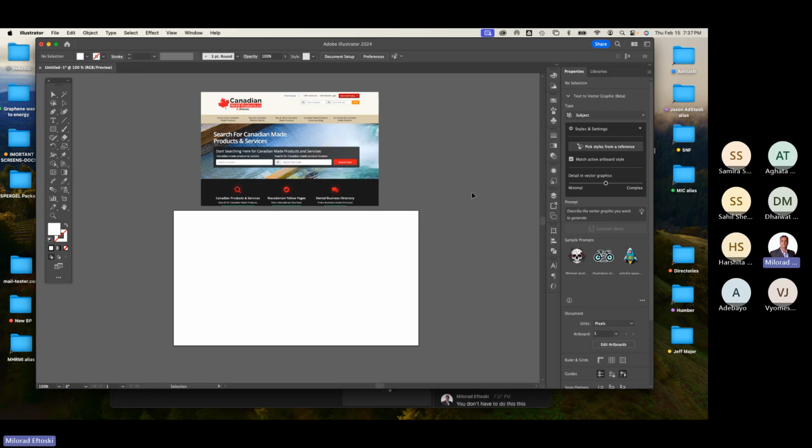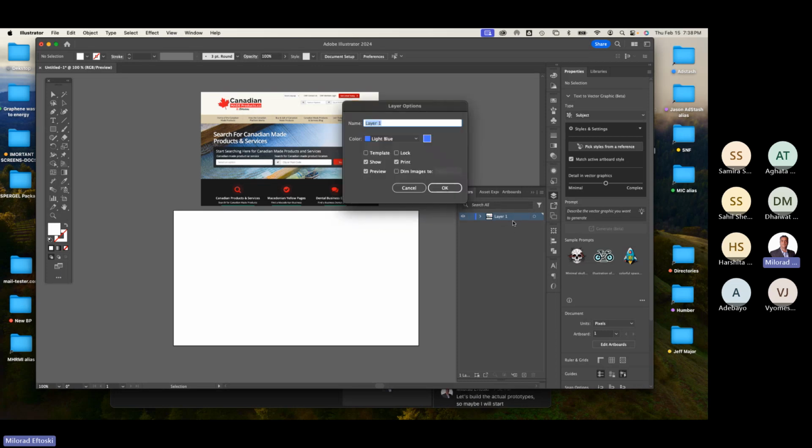This is just another way to utilize Illustrator as a tool. This is my layers panel. Remember we did the tracing from last week? So you can just leave the layer alone. You don't really need to use the layers, but if you want to organize your stuff using layers, you can. So I'm just going to leave that alone, and let's build the actual prototype. So maybe I will start calling this